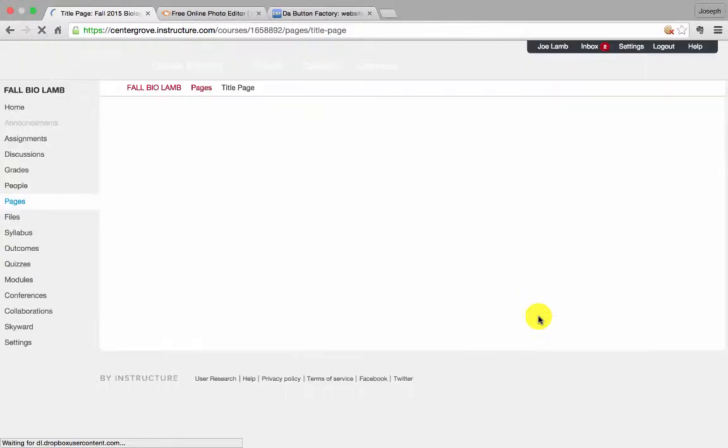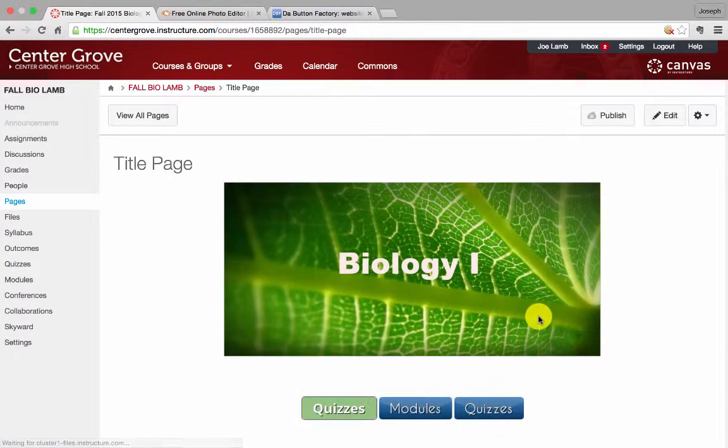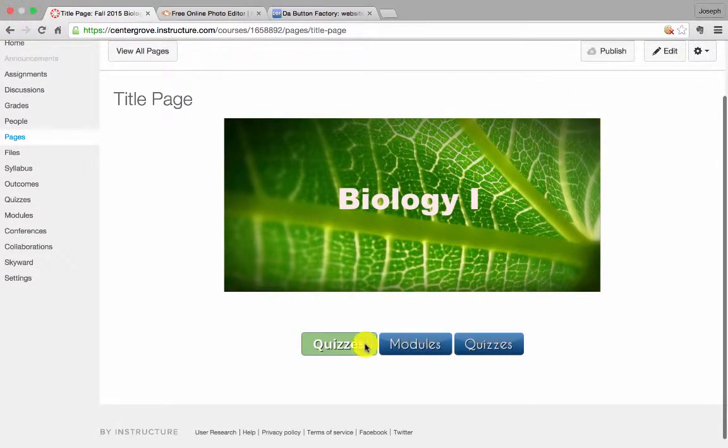And I'm going to click Save. And you can see now there's a little more space in between them. So that way it doesn't look like it's just one thing all smashed together. Again, just more of an aesthetics thing, but something you may want to think about when you build your Canvas title page. So the last thing I'm going to do, I'm going to go ahead and publish this and show